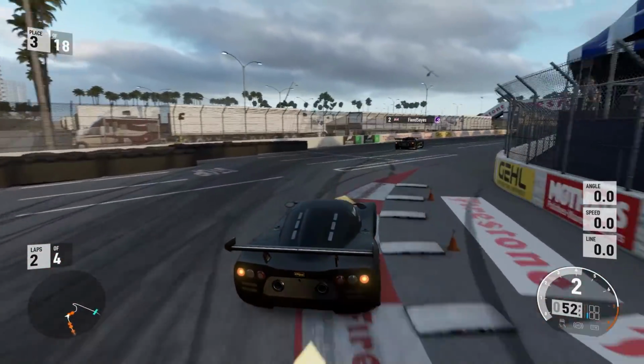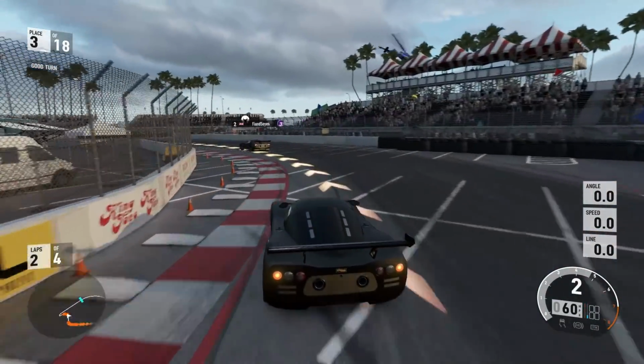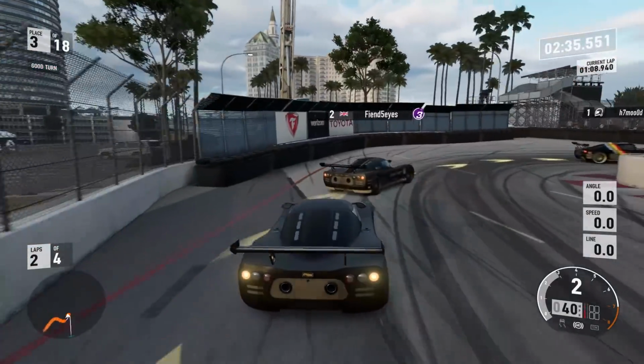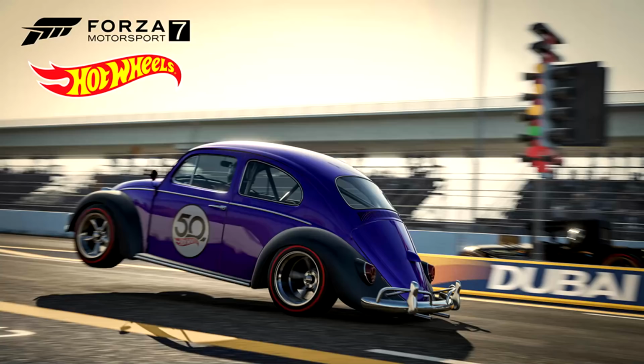All this one says is Hot Wheels, so I don't know what to expect from it. Maybe it's going to be crazy. I don't know. Expectations are low, but they could be raised. Then finally, we have another one of these subdued cars, which is the 1963 Hot Wheels